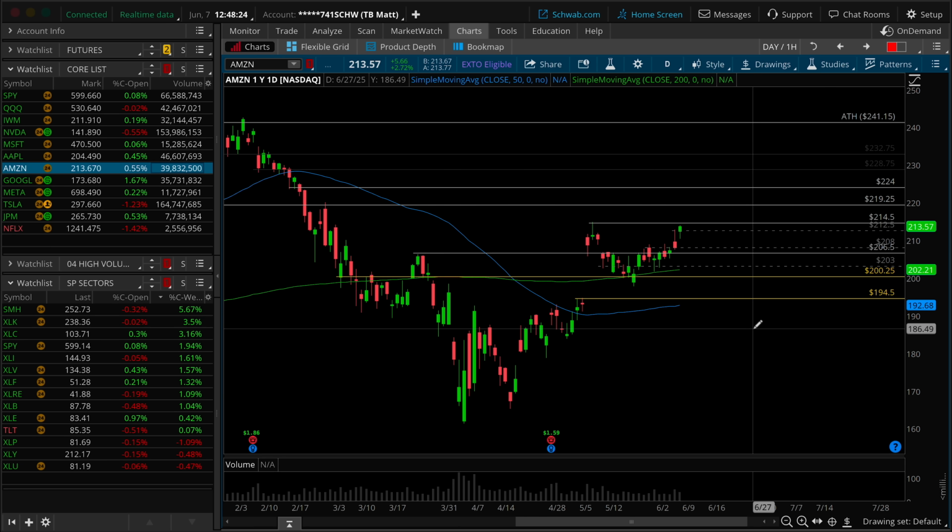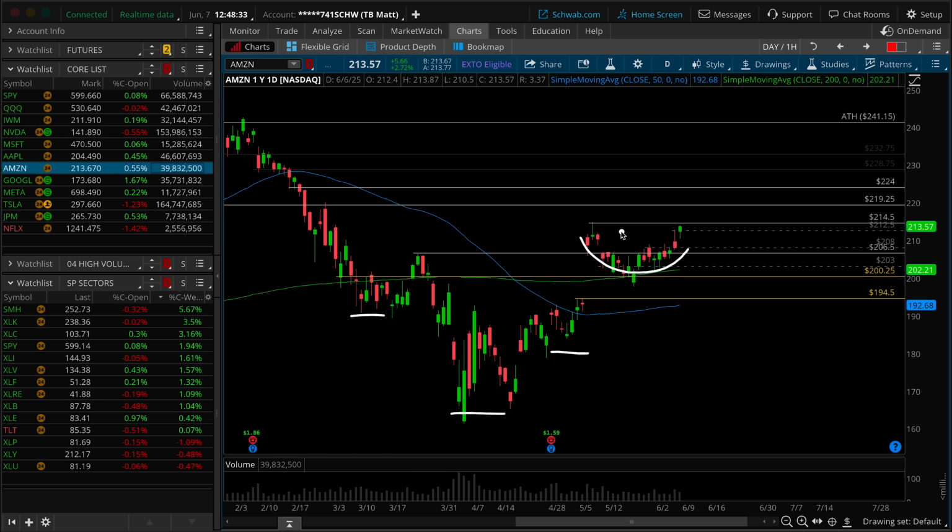Amazon. So, nice little curl. A lot of people are talking about this curl here. It's definitely a higher low curl, clearly, something that does this. Higher low. To the left, though, what do we have for structure? We've got over 214.50 into 219.25, perhaps. I would really be okay with